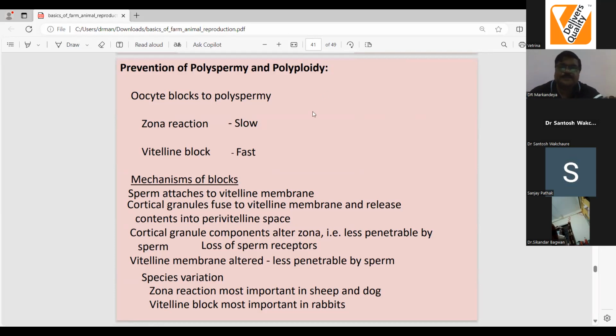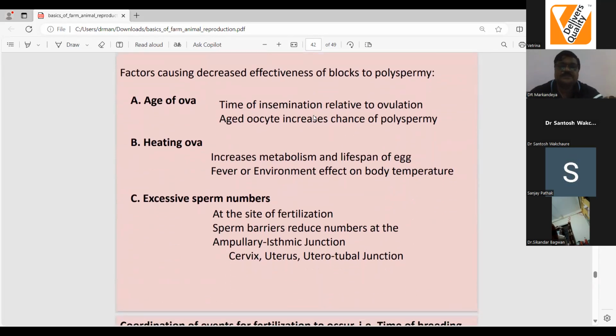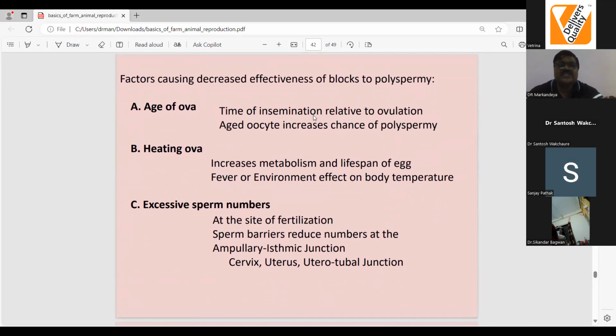Next one. Next. This is related to something like parthenogenesis. Why is there parthenogenesis? Why is there artificial activation of the ovum? That is possible in experiments, but normally only normal fertilization will continue in pregnancy.